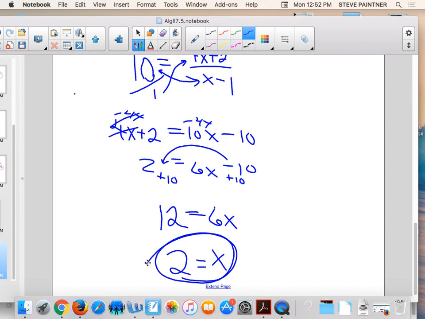When you have 2 logs, use your property to get to 1 log. When you have a log on the left and a log on the right, get all logs on one side, then use your properties to get it down to 1 log, then change it to exponent. And that should take care of it. Okay? All right,